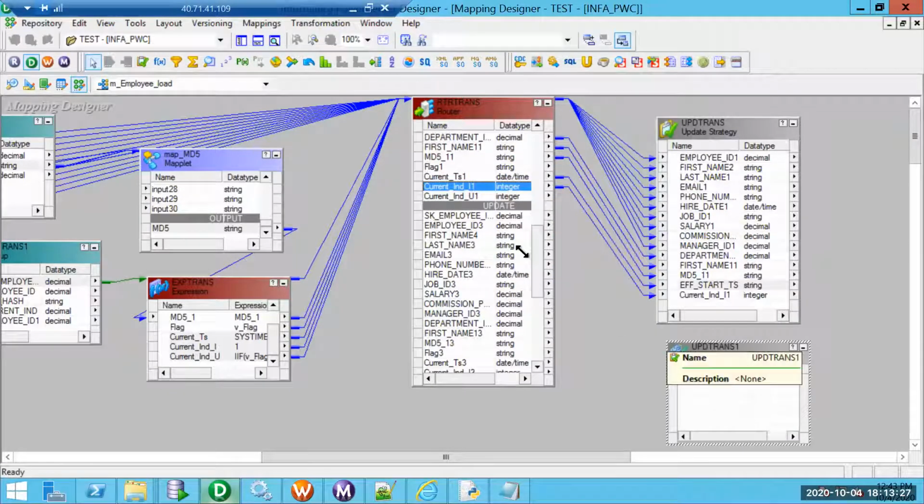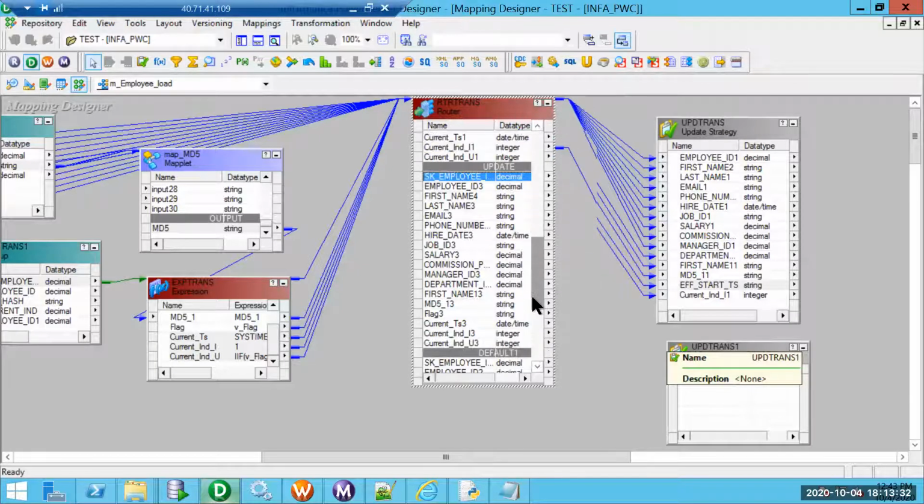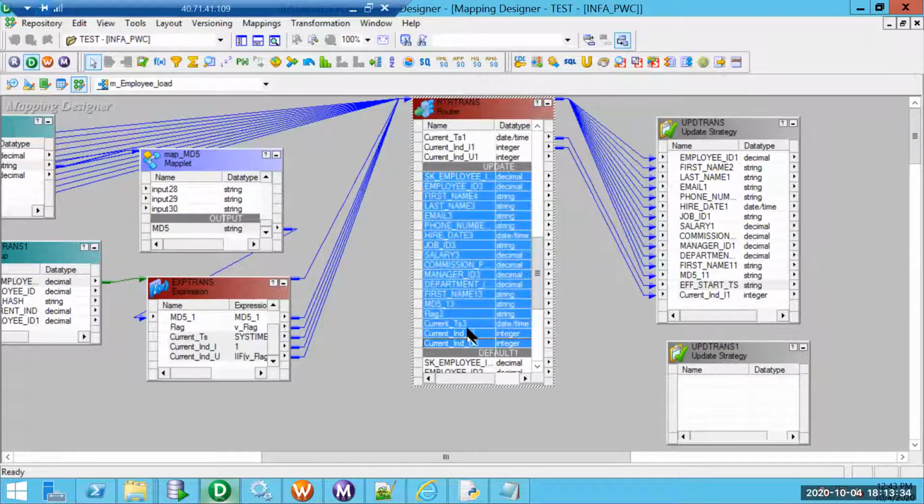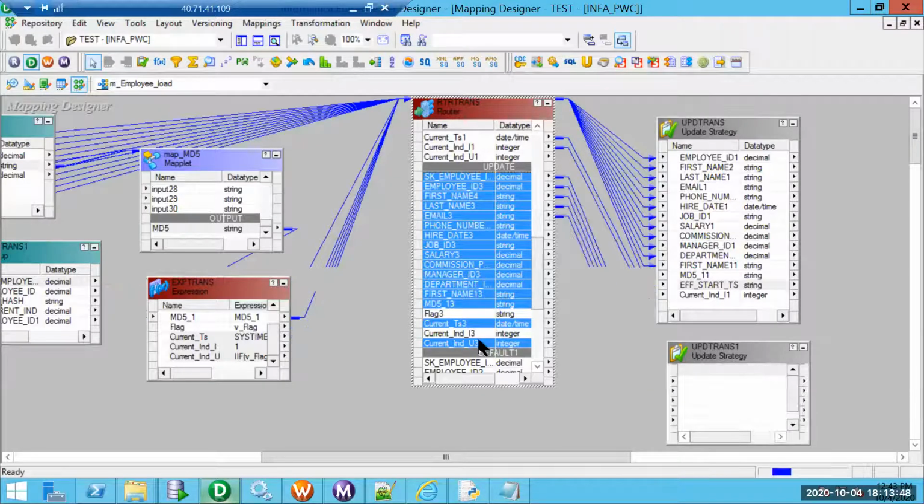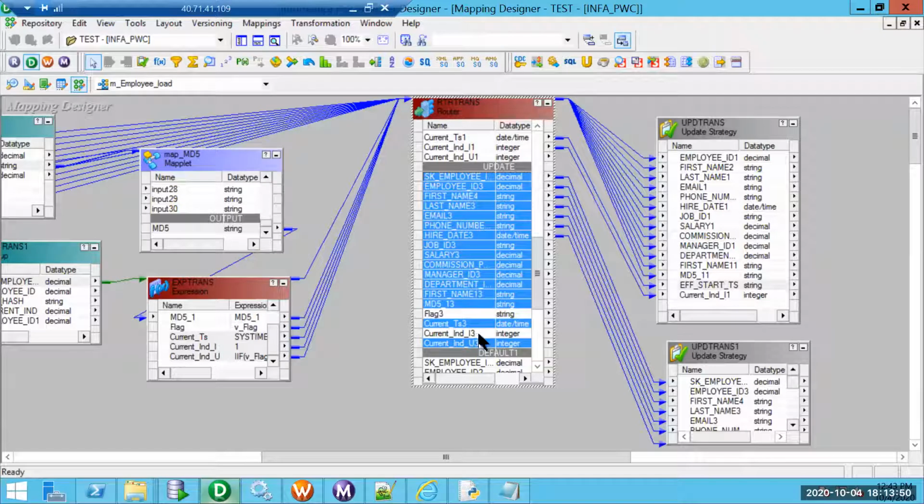This time I would need SK, because we are going to update the data based on update strategy SK, as in SK is the driving factor here. I'm not interested in any other fields. I'm not picking up a current indicator for this.